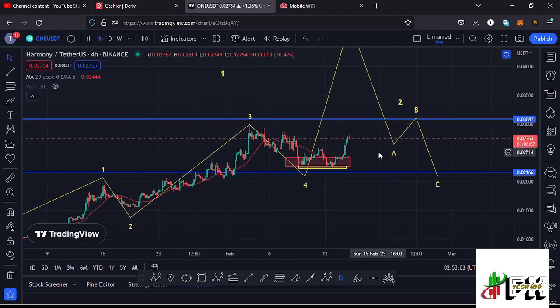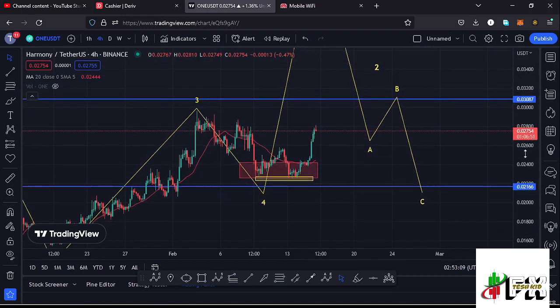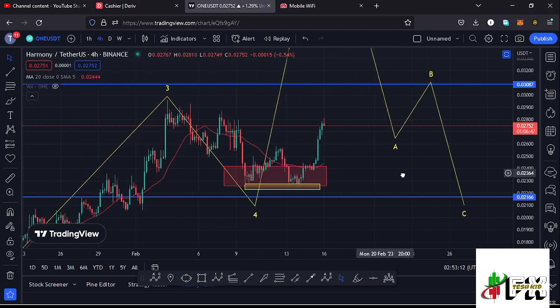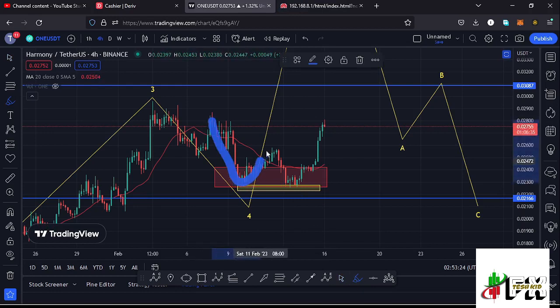And before I sketch out my minimum target areas to the upside in the formation of that wave 5, allow me to first show you a chart pattern that is in formation right here that could possibly give us a breakout to the upper side and also fully support the formation of that wave 5, which is a double bottom. And I can first connect the bottoms using this yellow target area down here. Then I can draw out the chart pattern having that as the first bottom. Then we have seen the formation of the neckline, then the second bottom, and now the breakout might have started